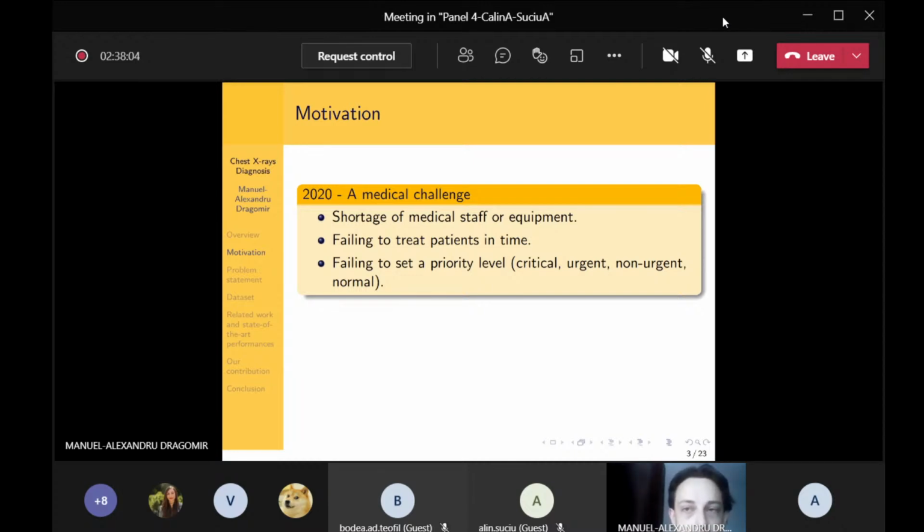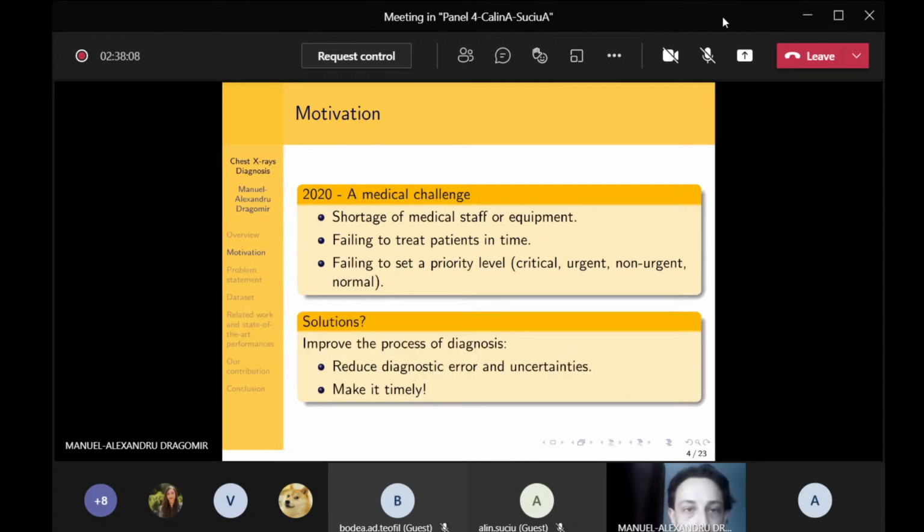So we focused on finding a solution to prevent this from happening again in the future, and the main solution is to improve the process of diagnosis, to reduce the errors and the uncertainties, make the process more accurate and much faster,